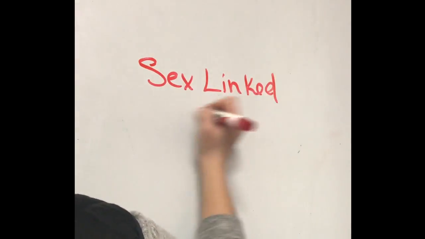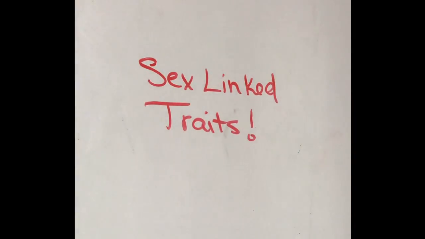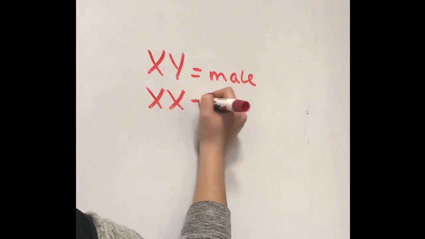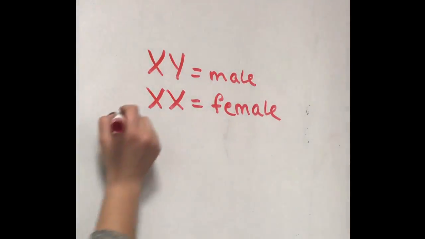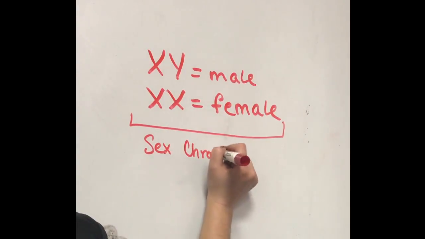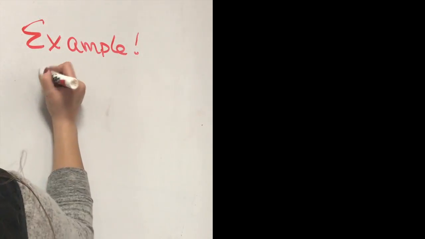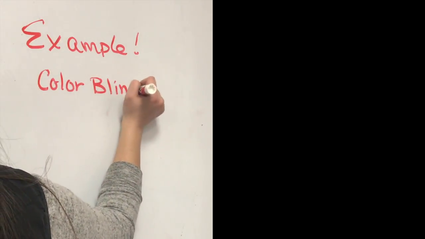Next, we're going to talk about sex-linked traits. Sex-linked traits, similar to autosomal traits, can be called X-linked dominant or X-linked recessive. Sex chromosomes are defined by gender, where XY are males and XX are females. In order to explain this mode of inheritance clearly, we will be using an example of colorblindness, which is an